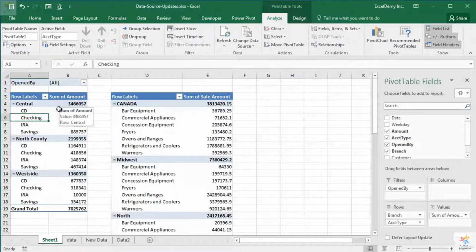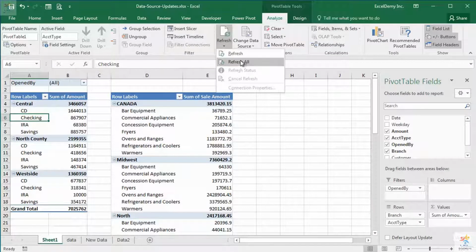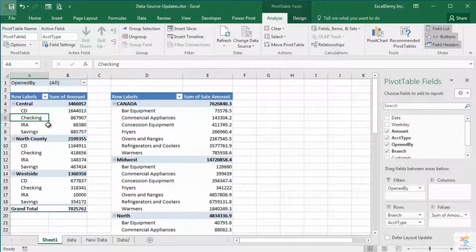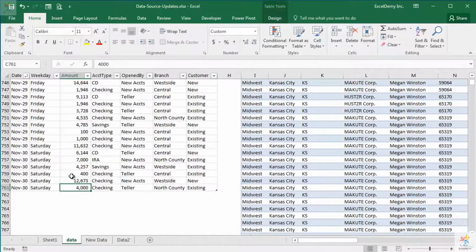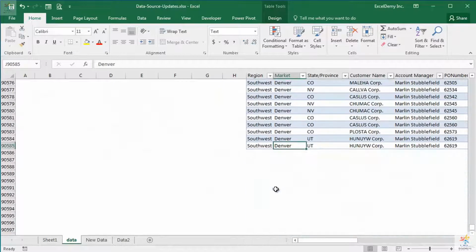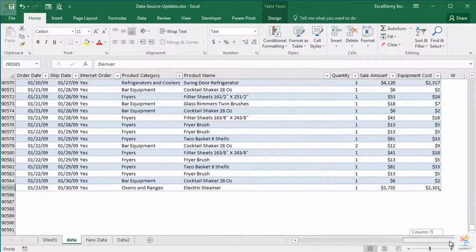You see, the data is updated, but the data on the right side pivot table is not updated. Now I click on the refresh all command from the drop-down. Now you see both pivot tables are updated. Now one thing to remember here, both of my data sources are in table format. So when you add new rows or columns to those sources, they are updated automatically and make those newly added rows or columns part of the data sources.